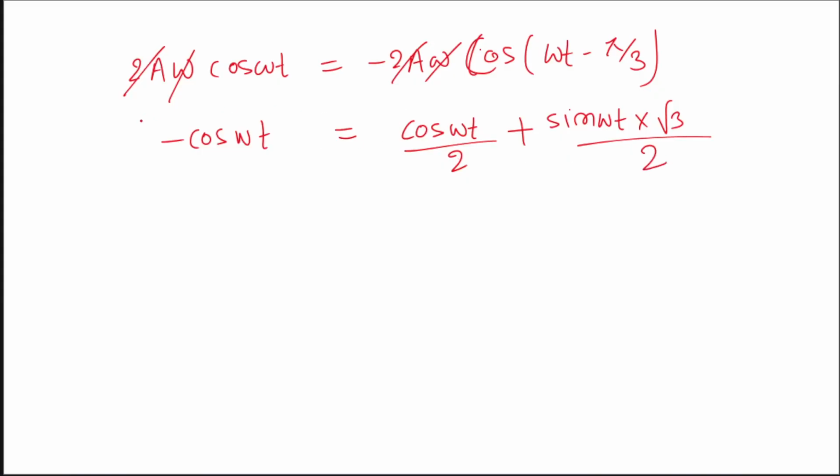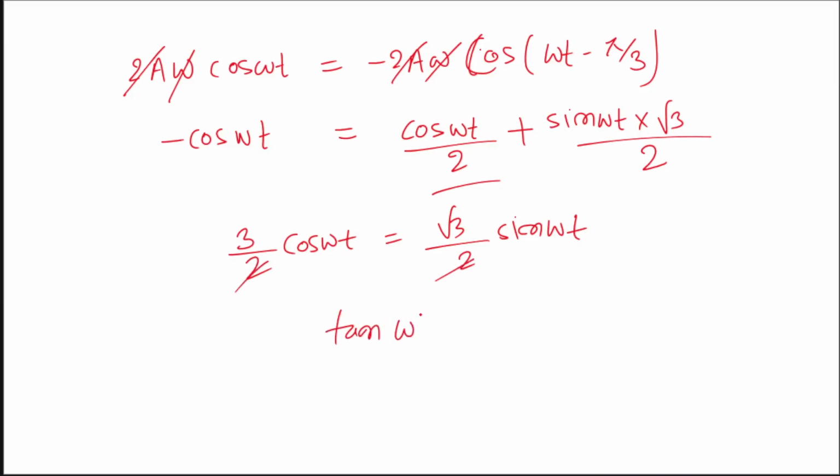Now let us solve it. If this इसको आप इधर की तरफ लेकर आ जाओ, so this will become 3 by 2 cos omega t, and this is equal to root 3 by 2 sin omega t. You must have got the answer by now, right? So this is this, and tan omega t is equal to how much? Okay, there was one minus sign here, right? So let us not forget that. So this is minus root 3. Done it? And if tan omega t is equal to minus root 3, this will happen for the first time